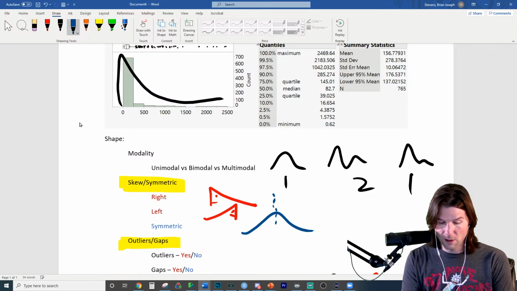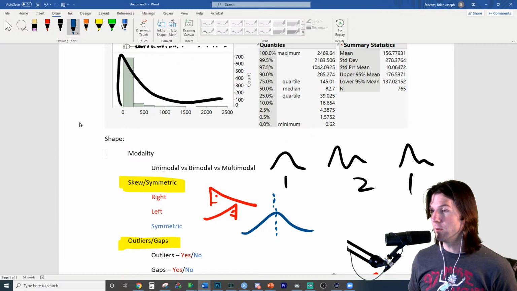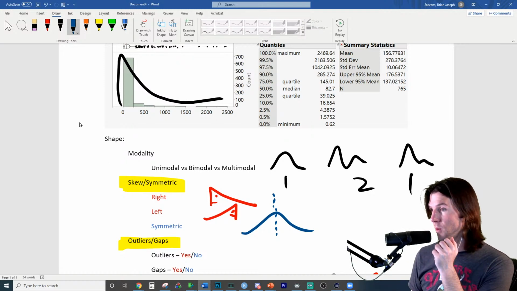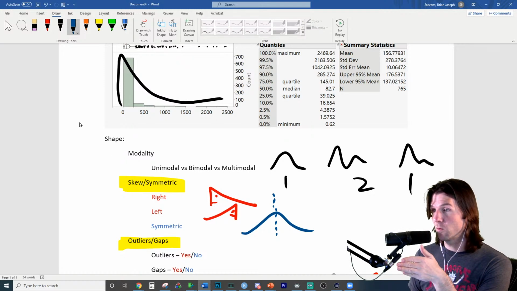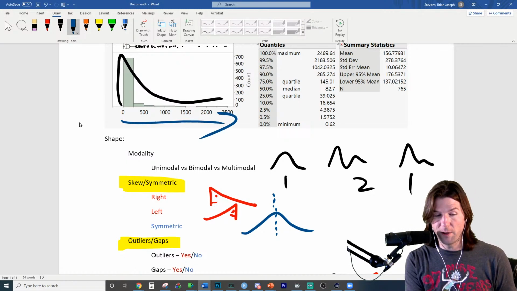Please, if I ever say a word you don't know, tell me. Symmetric just means like our faces are usually symmetric, so you can fold it over. So we have a symmetric distribution right here versus the other ones, which are right skewed and left skewed. When I say right to the high, that means the tail is pulled out toward the high